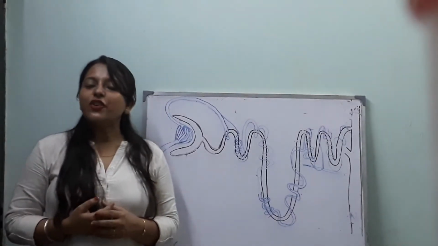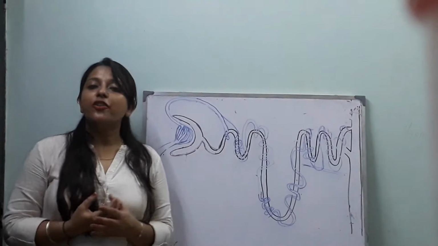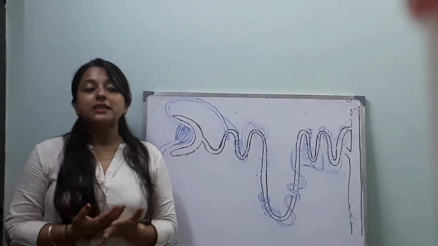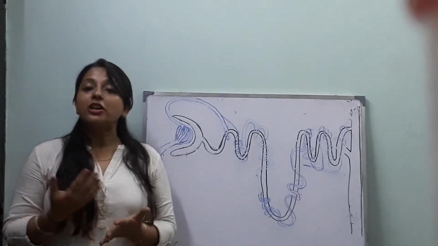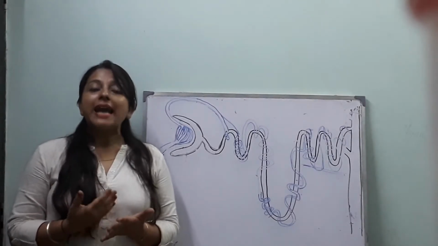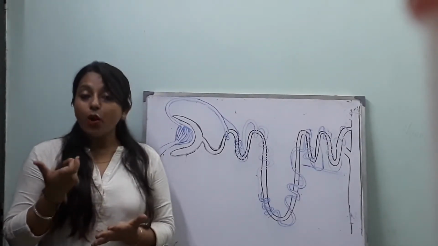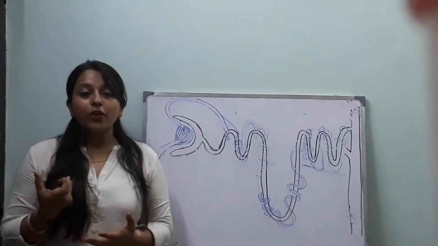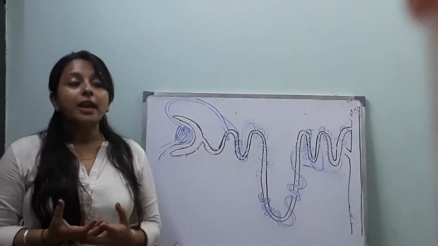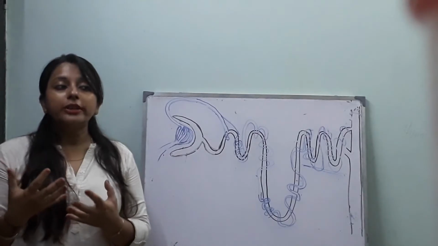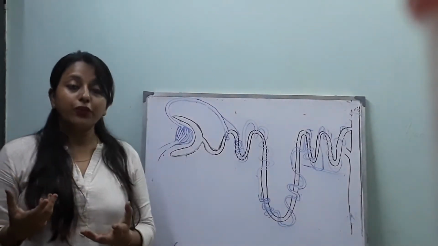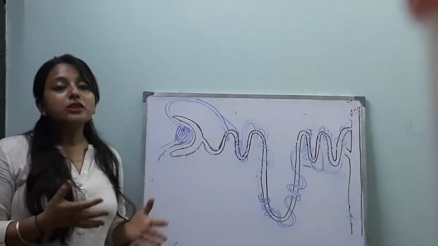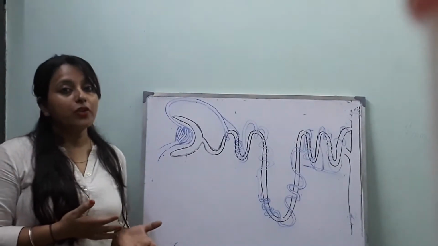In our previous video we discussed the structure of the kidney as well as the structure of the nephron. Nephron is the functional unit of the kidney, which acts as a small filtering machine inside the kidney. Each nephron produces a drop of urine, and finally all the nephrons together form the collection of urine. There are millions of nephrons present in each kidney.